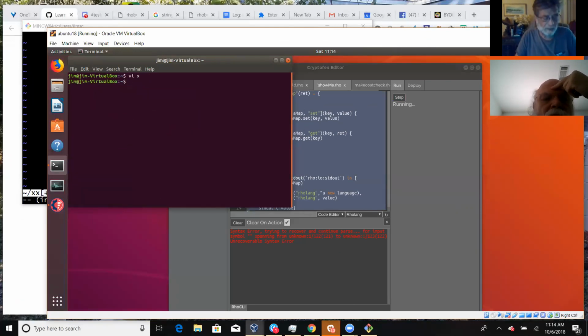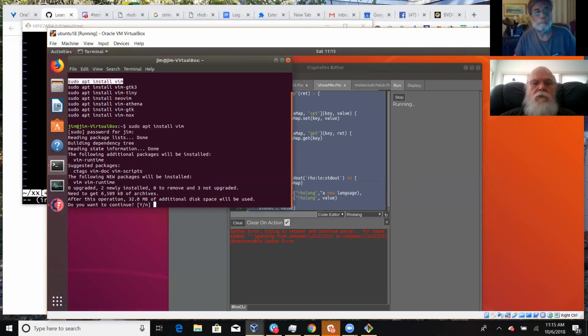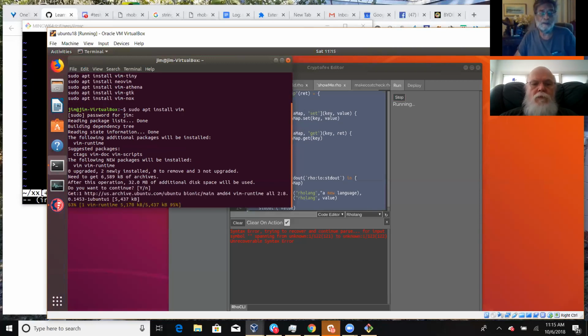Let me just try Vim. Probably don't have Vim. Vim is VI on steroids, right? And ordinarily, VI defaults to Vim.